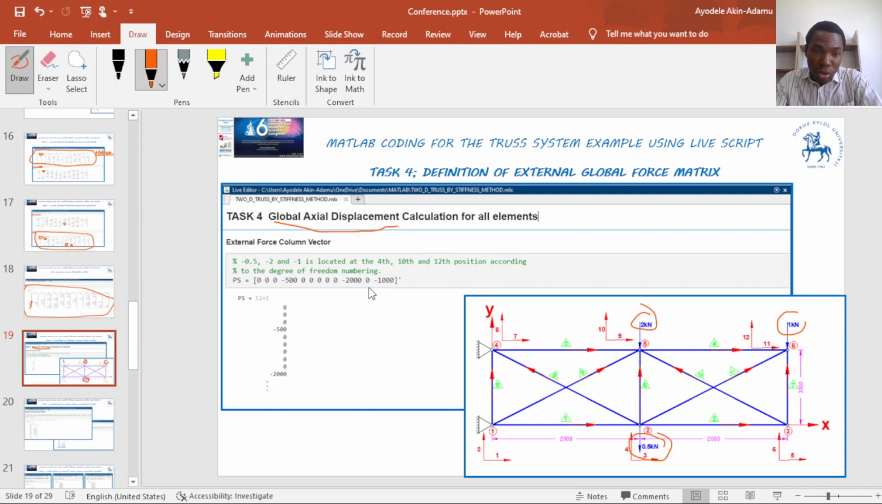So this line of code defines our force vector. You can see that at node 2 we have 0.5 kilonewton. I told you that the unit for my force is in Newton, so I converted this to 500 Newton. This force is pointing downward, so I take it as minus 500 Newton. And because this force is in the vertical direction and it is at node 2, I need to,